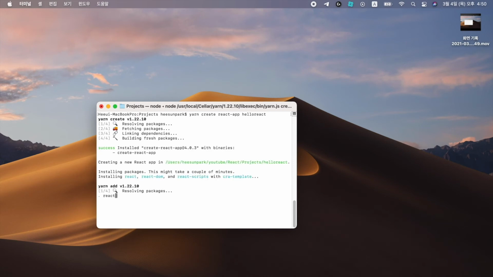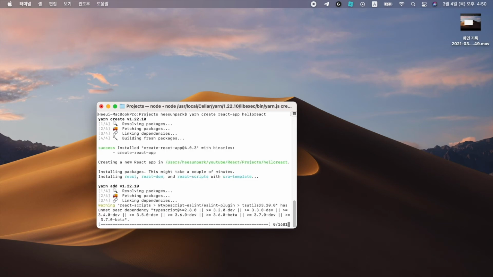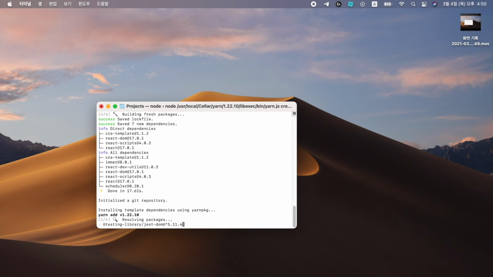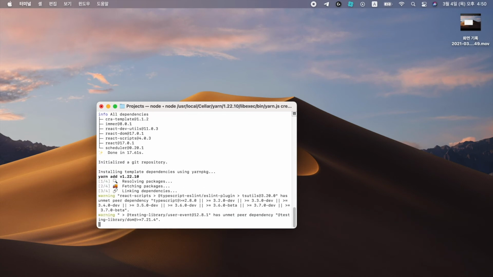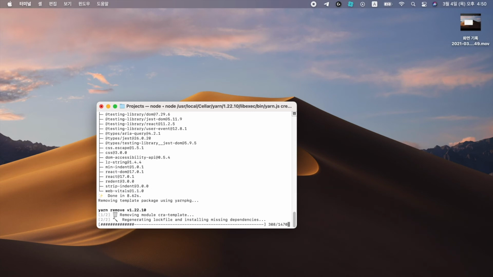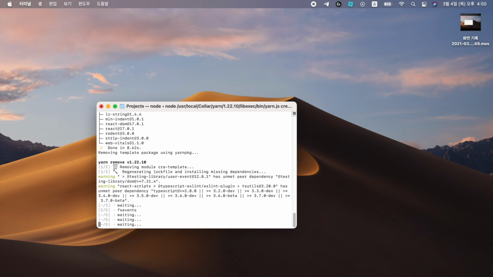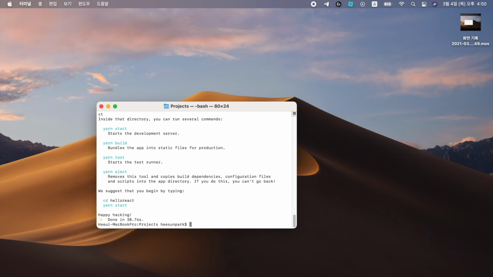Yarn will start to configure the project. The related libraries will also start to download. Speaking of these libraries, basically React.js, including React DOM, you can start downloading the libraries through the library dependencies right now, and we will proceed with the settings related to it. When this process is over, we made it. And now I'm finished.